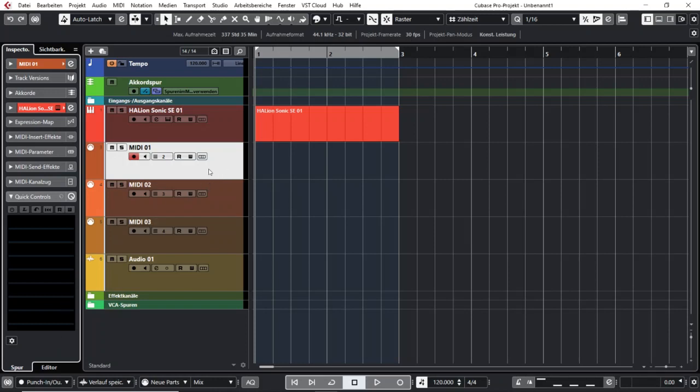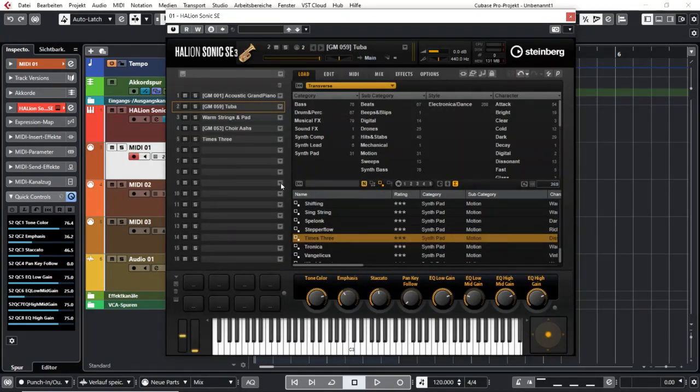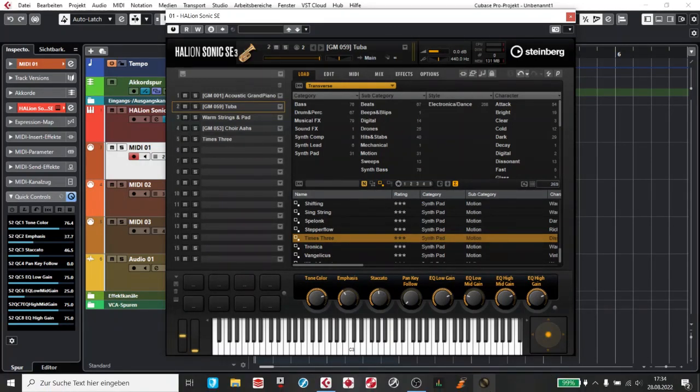You just select your MIDI track and go to quick controls, and then you can set it up any way you want to. Right now I will just use the quick controls that are connected to this instrument in the first place, and therefore I use the button that loads the standard quick controls. And right now I can, if I click on this track, super easily adjust my instrument without having to open the player itself. So of course I could go here to my instrument and then tweak the button, but I could also use my